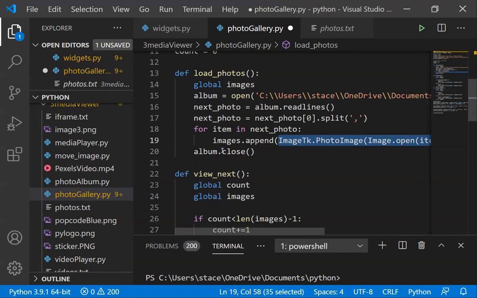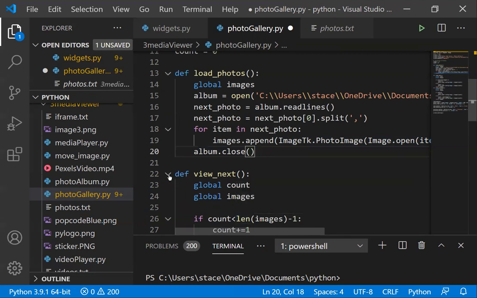So we call the close command for the album, using the dot. Now remember, the dot is just a way of accessing a function within a class. And we use the open and close parentheses